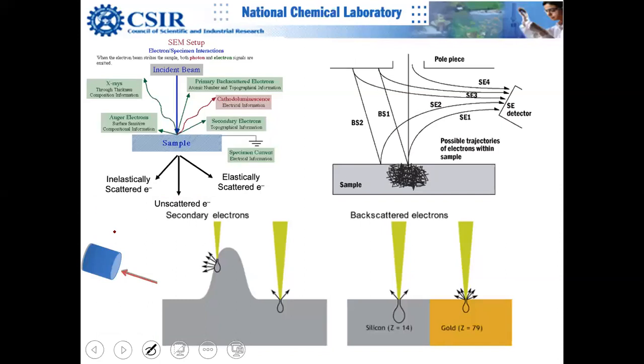So compositional analysis can be done by X-rays, which is very popular, and by Auger. Okay, Auger can do that, and secondary electrons can't do that. And then you have these backscattered electrons, right? There are three techniques, and yields also. Yields is not mentioned here, but three techniques can, because yields is not used in SEM. But if you are using TEM, then yields can also give you the same information.